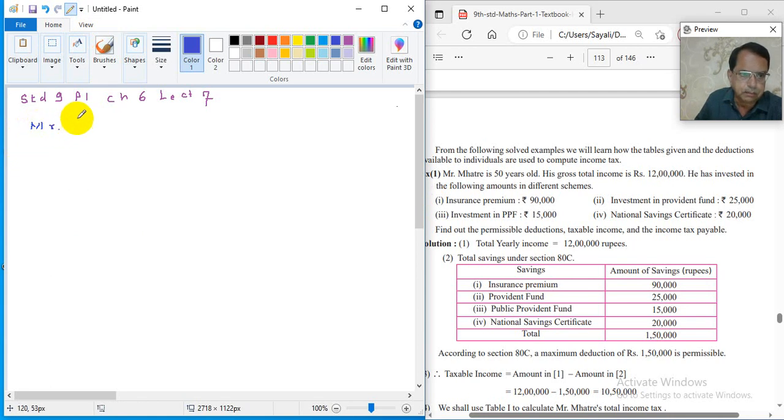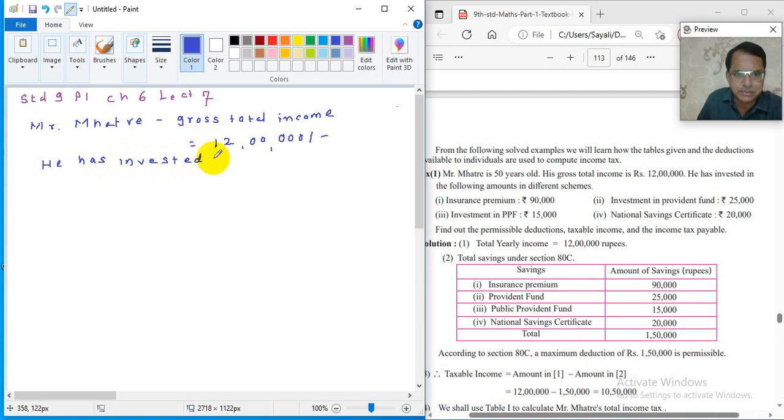Mr. Mhatre, okay, his total annual gross income, gross total income, Mr. Mhatre gross total income is equal to 12 lakh rupees. Now what? He has invested, I will not write all the schemes here, but the addition of that 90,000, 25,000, 15,000 and 20,000 makes 1,50,000. He has invested 1,50,000